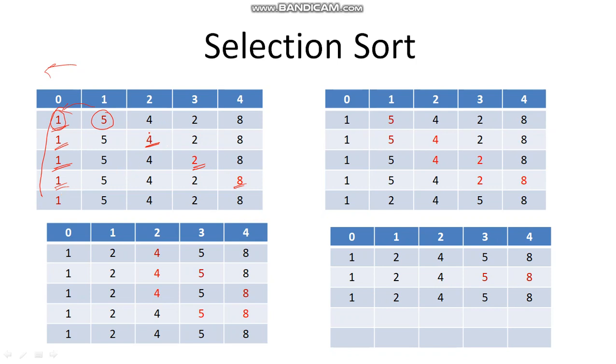Suppose there is a -1 over here. In this comparison, -1 will come here and this 1 will go there. So that swapping will take place. Then 5 will be compared with 4. Then this 4 will remain the smallest one now. Then this 4 will be compared with 2. 2 is the smallest now. 2 will be compared with 8. 2 is the smallest. This 2 will come to index 2 at the second pass. So this is the second pass, means at index 2 this 2 will come. So this exchange has been done.